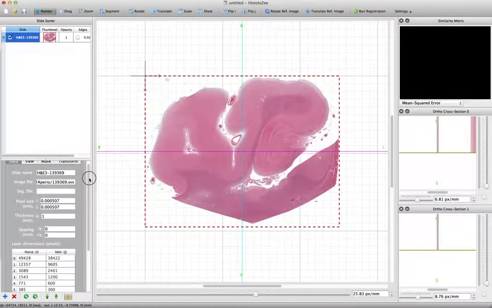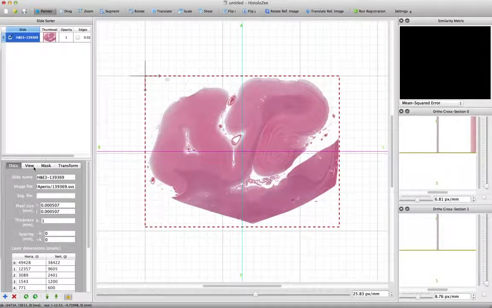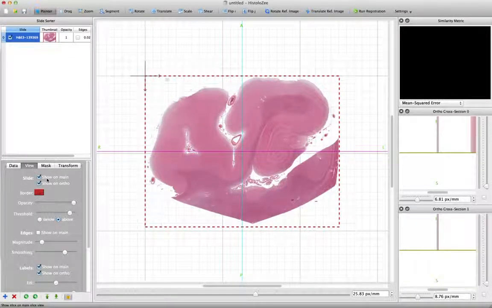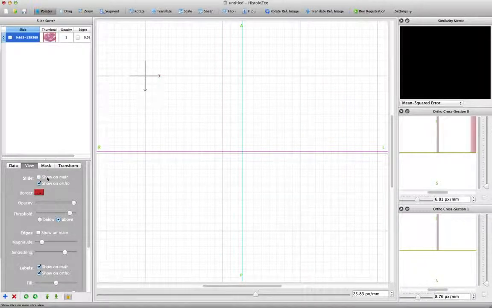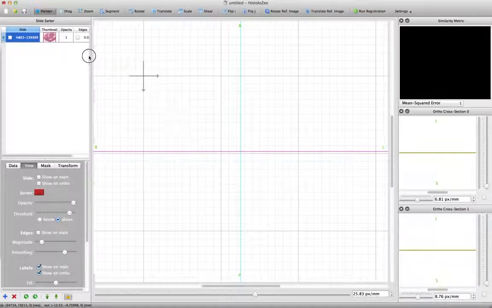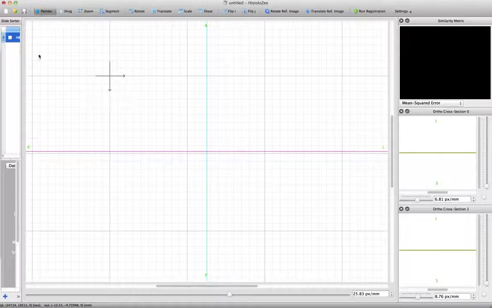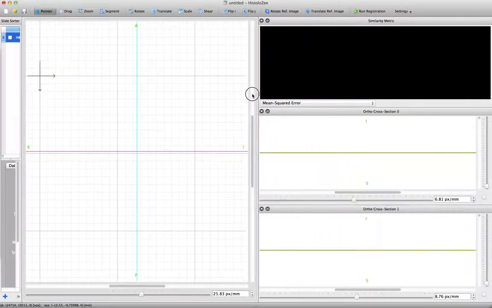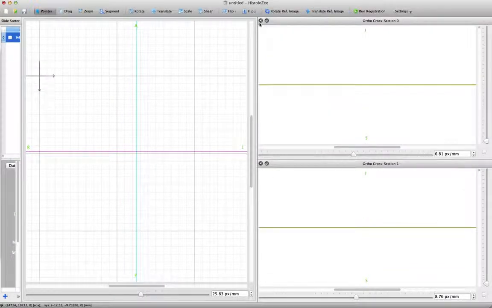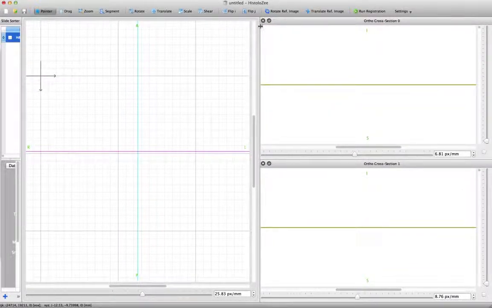Now, we don't actually need the histology for anything, so what I'm going to do is go to the View tab and turn off visualization of the slide in both the main window and the orthogonal windows. And then I'm going to bring this side toolbar all the way to the edge and expand the orthogonal views. So at this point, we have three orthogonal views that are going to hold our MRI images, much like in